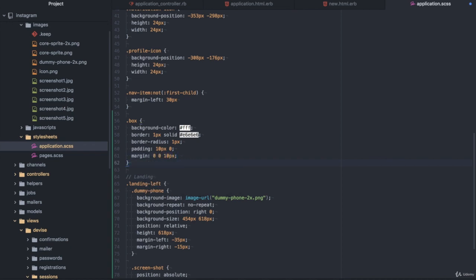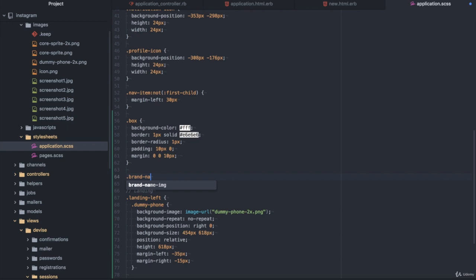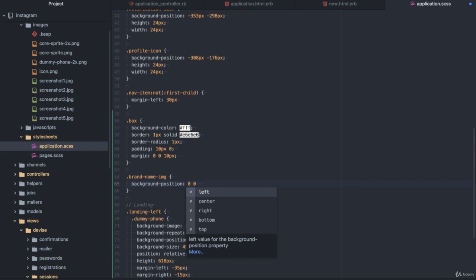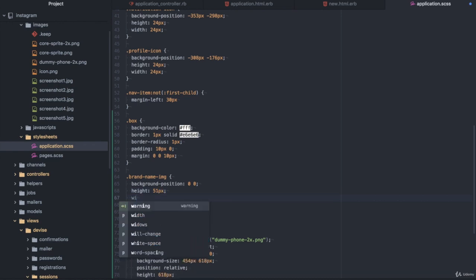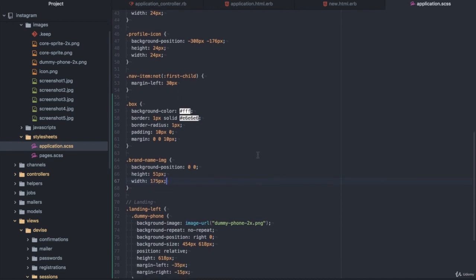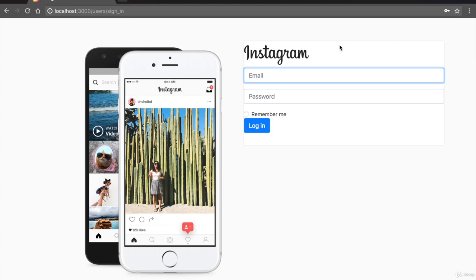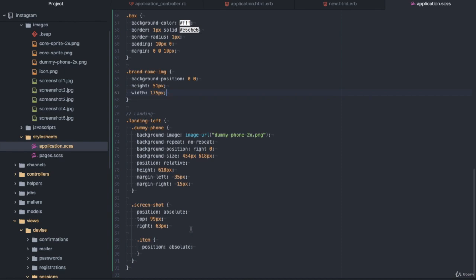and we have to write brand name img, level position 0, height 51 pixel. Oh, I hope you still stay with me. Width is 175 pixel. Save it. And now let's see what we got. We should see an app icon in the box. Yeah. Okay, now let's customize the form inside, or the landing right